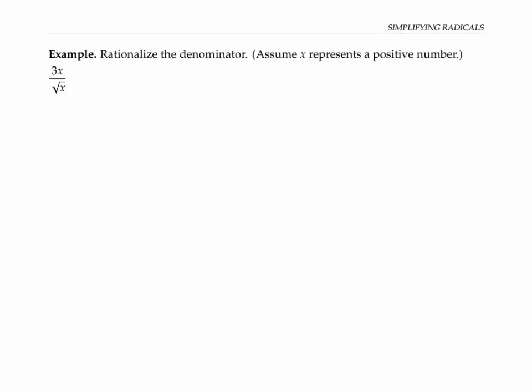This example asks us to rationalize the denominator. That means to rewrite as an equivalent expression without radical signs in the denominator. To get rid of the radical sign in the denominator, I want to multiply my denominator by square root of x. But I can't just multiply the denominator willy-nilly by something unless I multiply the numerator by the same thing, so that I'm just multiplying my expression by 1 in a fancy form and I don't change the value of